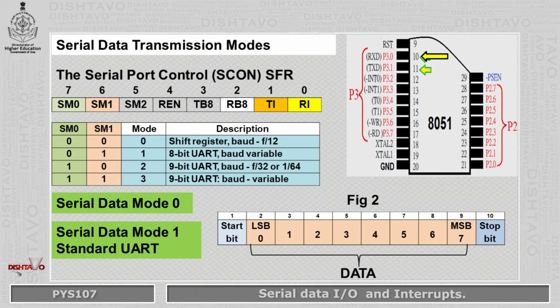The 8 data bits go to SBUF, that is a buffer, and the stop bit is saved in RB8 of the SCON register, that is shown highlighted white in the display. The RI bit of the SCON register is set to 1, highlighted yellow in the display, indicating a new data byte has been received.